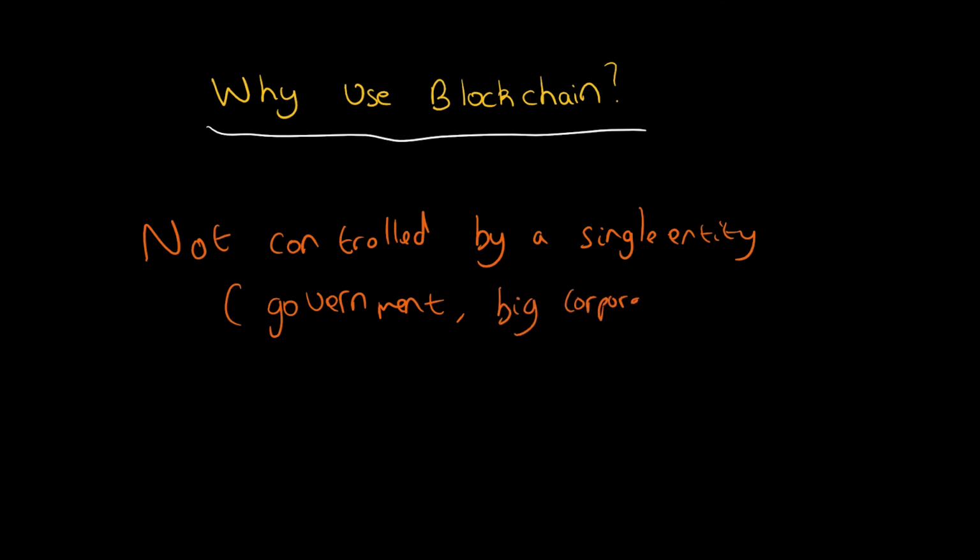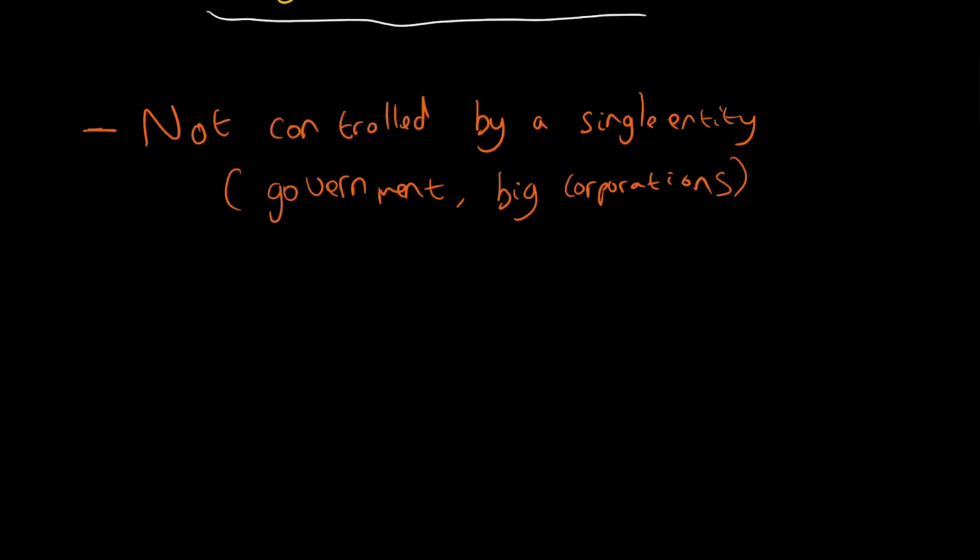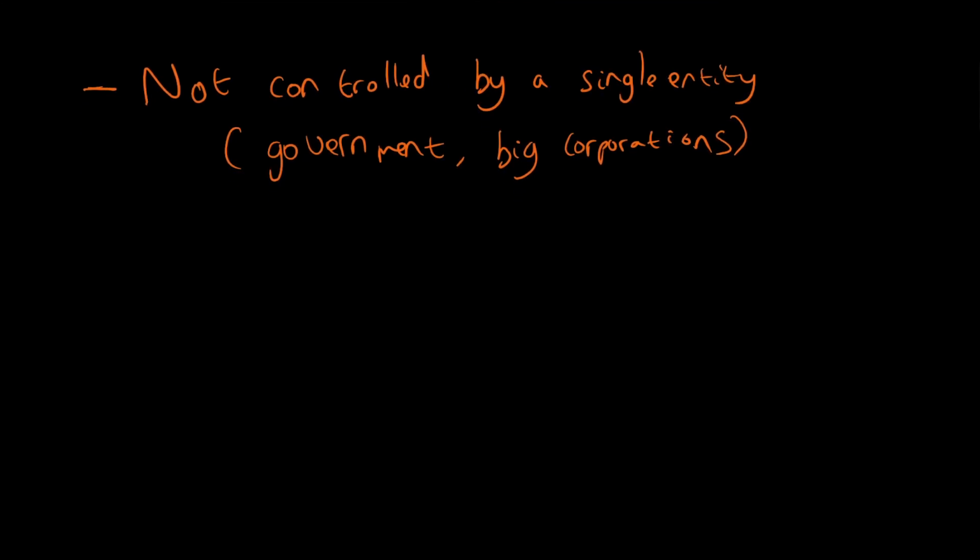It could be individuals or government, big corporations controlled by individuals or a select group of individuals. So that's one reason that you might want to use blockchain. You might want to create a system that isn't controlled by one single entity,